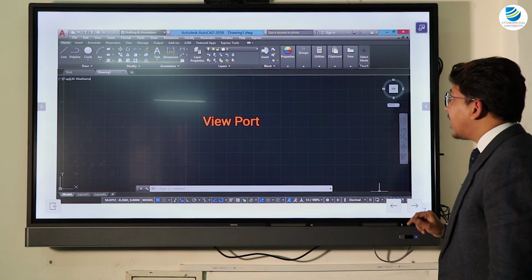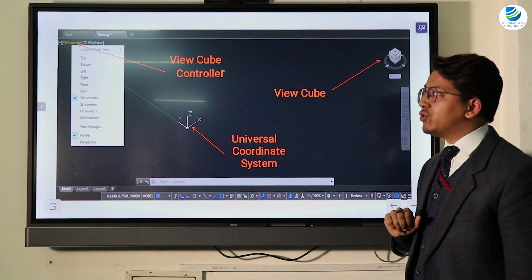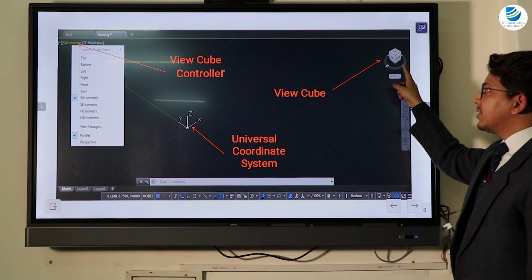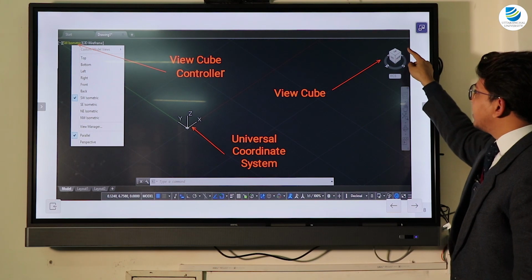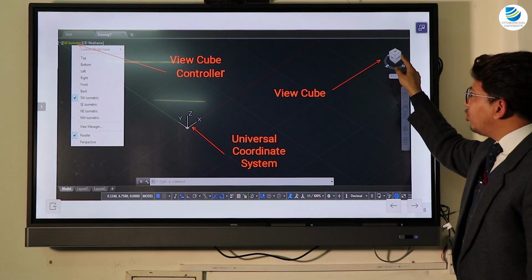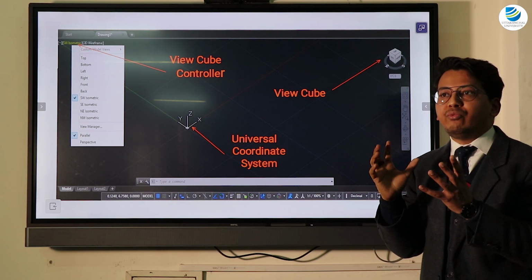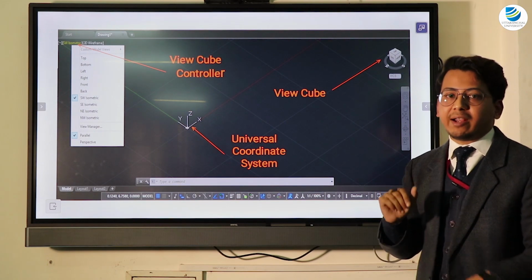Now let's come to the next functions available in the user interface. The next thing available is the view cube. At the corner of the viewport there is a cube. This cube is used to view different views of the object from different angles.